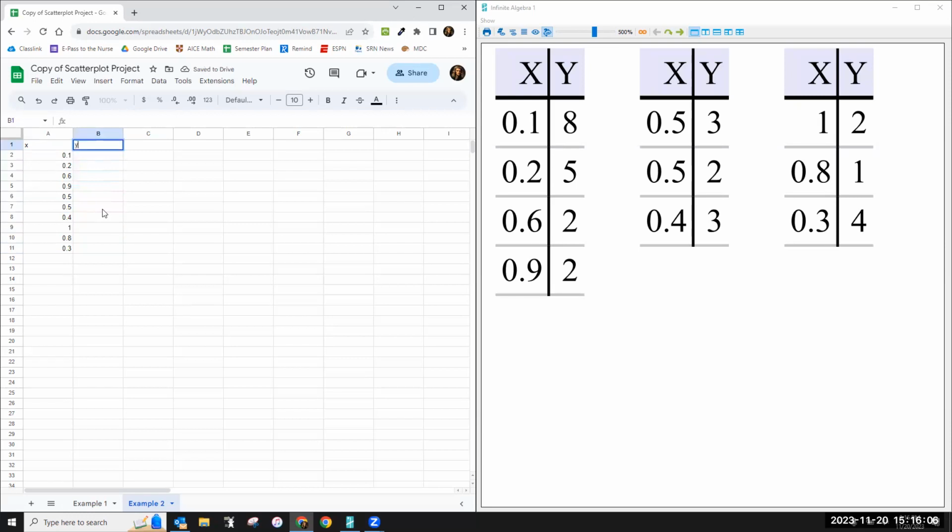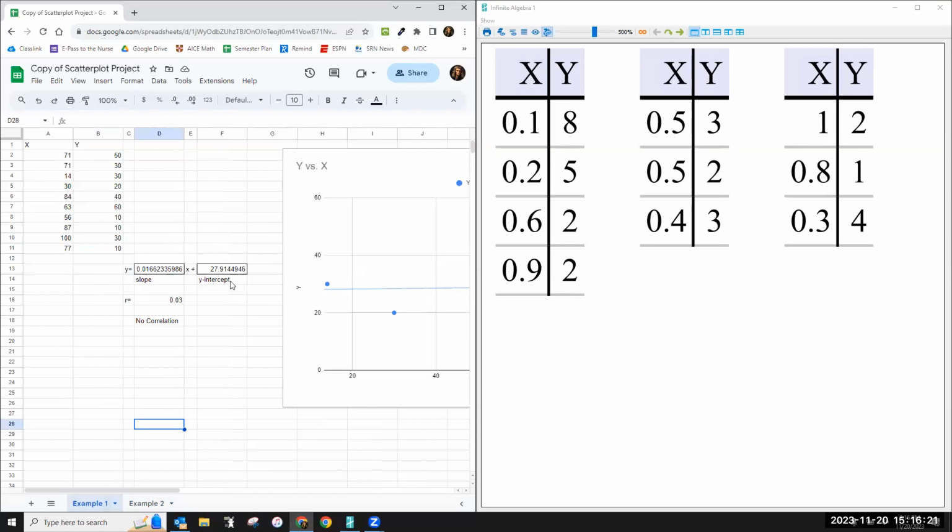My Y values. Okay. I'm going to follow all the same steps I did before, even so much so that I'm going to